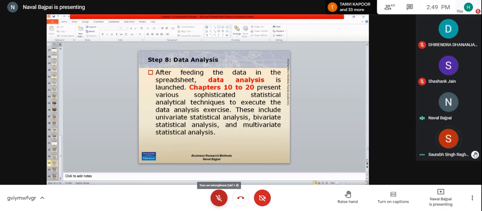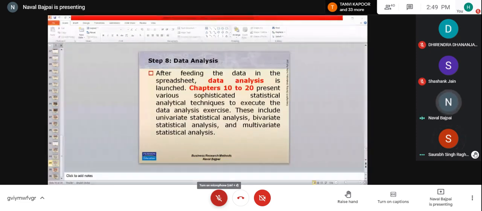Yes, sir. Sir, as you said, exploratory research is all about clarifying the problem and its components. So, sir, I just want to know that before going for the conclusive research, it is important for us to identify the problem and clarify it. Is there any way that we need to connect the two, the exploratory research and the conclusive research? So, we should do the one first and then go for the conclusive one.